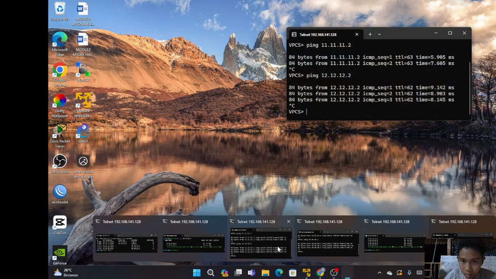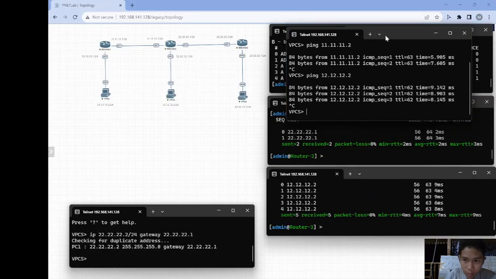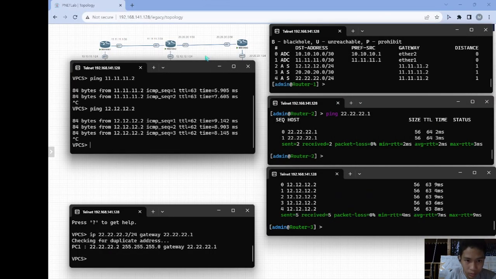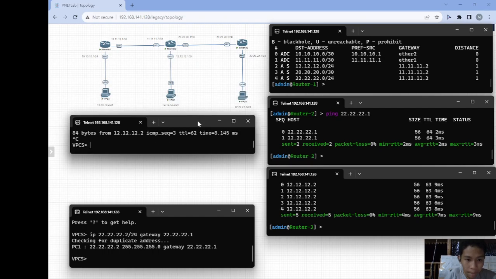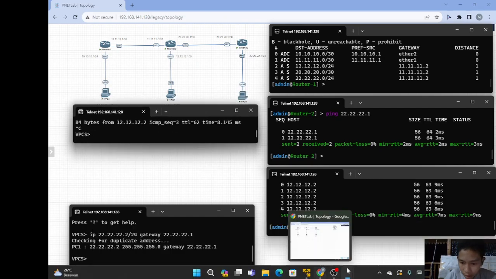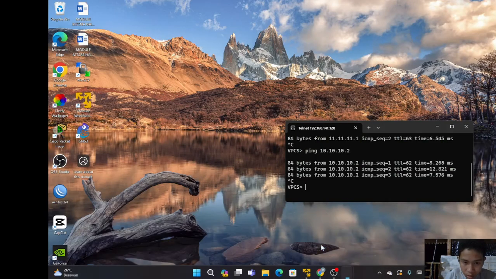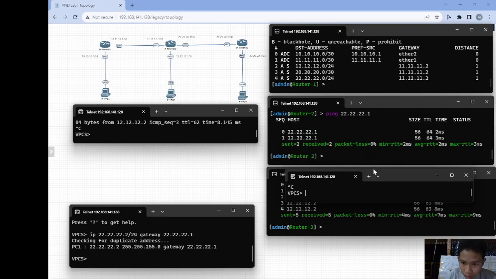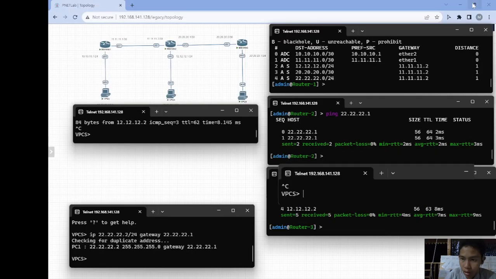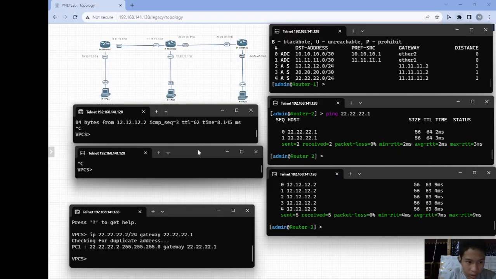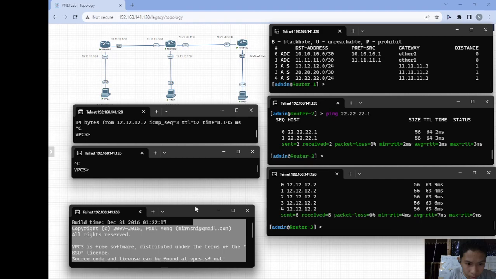This is the first. Yes, this is the first PC. And this is the second PC. Sorry, second PC, and then we test ping